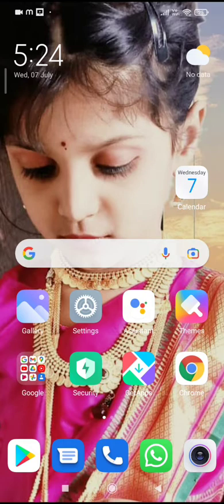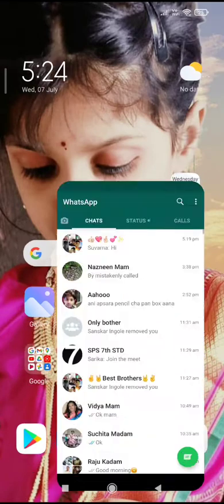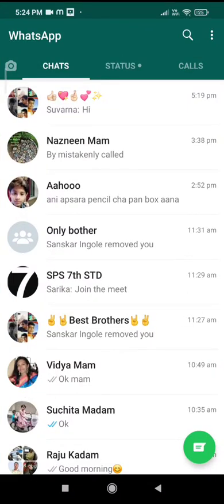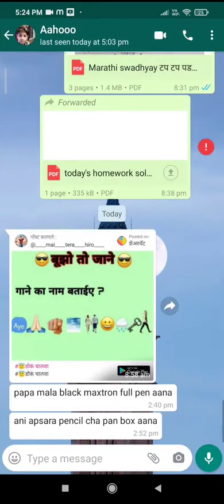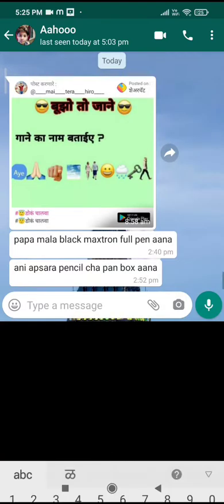So very first you have to send your Gmail ID to me on WhatsApp number. Suppose I'm going to add one teacher. Say suppose Varsha Ingole is the teacher and she wants to create the paper. So she has to send me her Gmail ID. So she is sending me the Gmail ID.